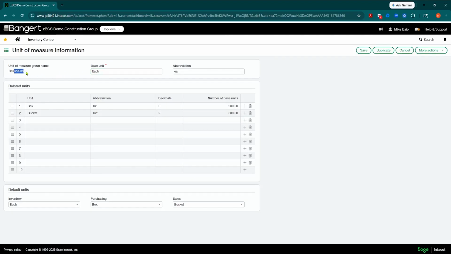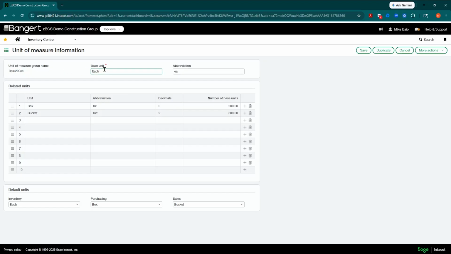And you want to describe what this conversion is a little bit, because you might be ordering various things that are coming in a box, but you might have 200 in one, you might have 150 in one, you might have 5 in one. So you're going to need to make these unit of measure groups accordingly. It can be item specific, or it can be a global setup that maybe you're going to use on 20 of your items.